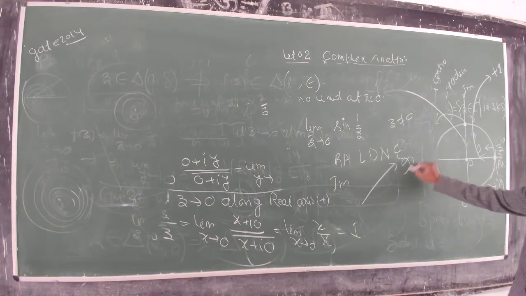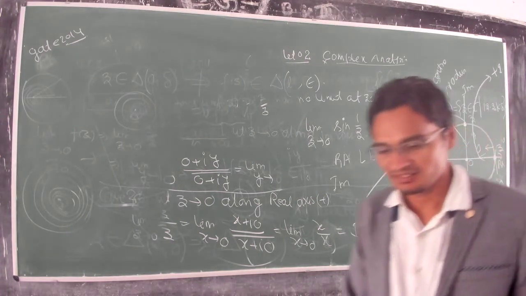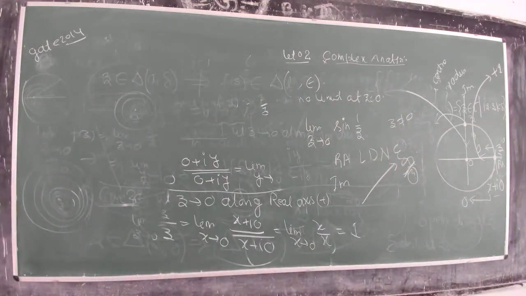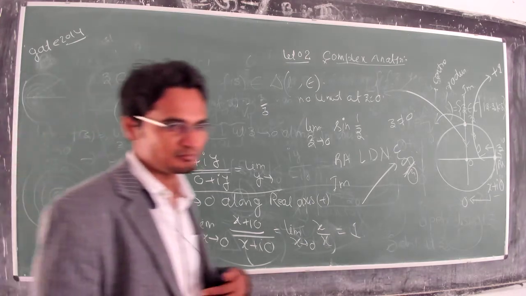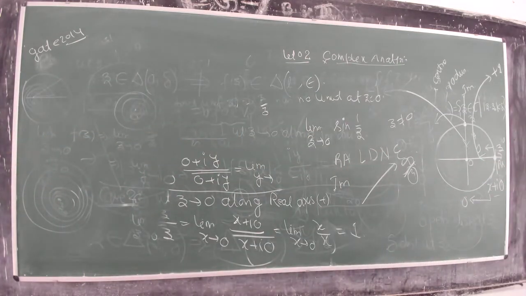And this is the homework. How will you get infinity? Because you have seen that sin z is always between minus 1 and plus 1, right? Yes sir. But here I am telling you it will go to infinity. So go and Google it.